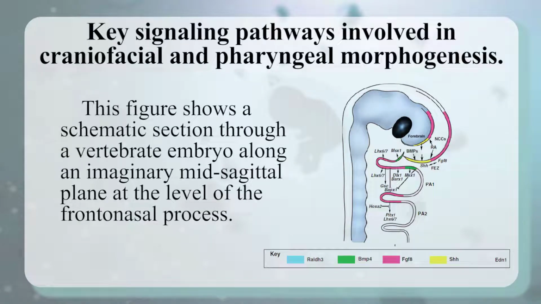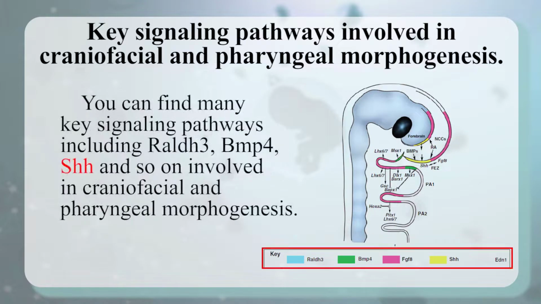This figure shows a schematic section through a vertebrate embryo along an imaginary mid-sagittal plane at the level of the frontal process. You can find many key signaling pathways, including WNT, BMP4, FGF8, SHH, and so on, involved in